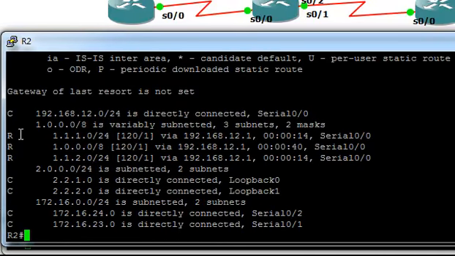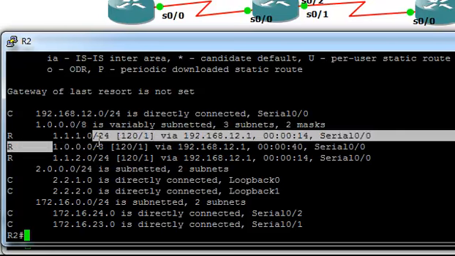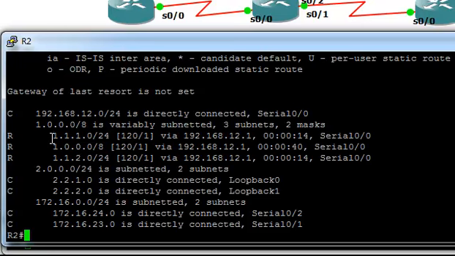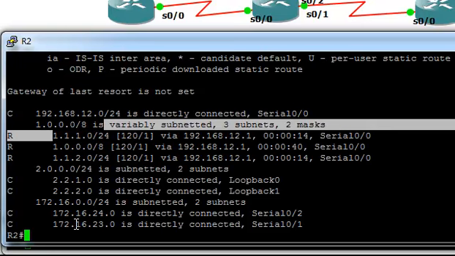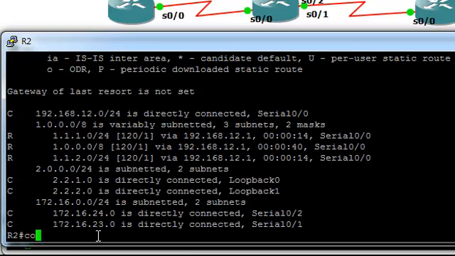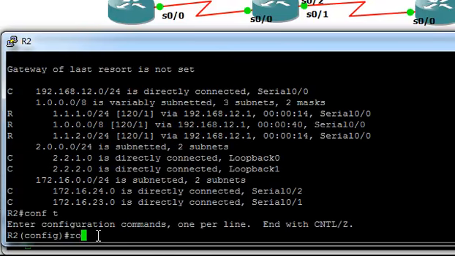Now you see, I have received the individual networks 1.1.1.0/24 and 1.1.2.0/24, and it is also saying here I have a network with /8 going there, but I have also individual networks here. If you want to do that, and also on router 2,